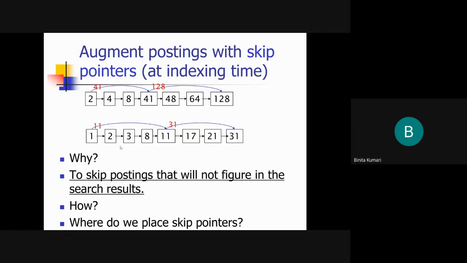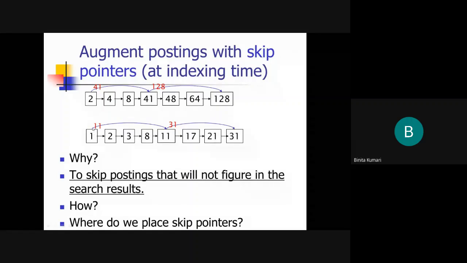This is another way to do the same thing. Now here what we are doing is the concept of skip pointers. For 2, we were keeping a pointer. There was a pointer for this posting list, and there is also a pointer for this posting list. They were going one after the other. So first 2 is compared with 1. Both are not equal. Then we see that 1 is less than 2. Since this document ID is less, we were proceeding to the next one and again doing a comparison between these two. So there's a match.